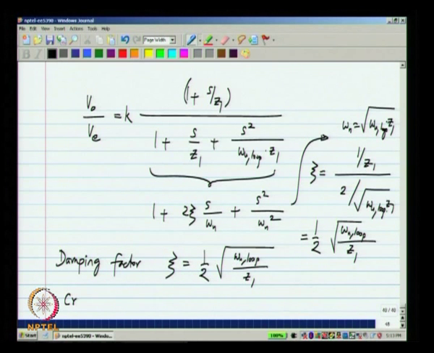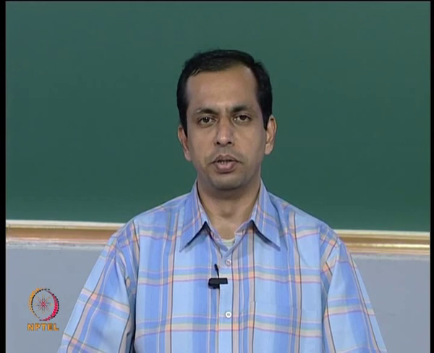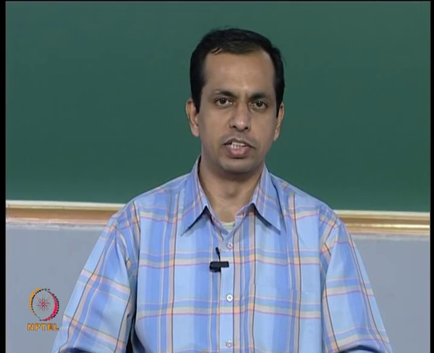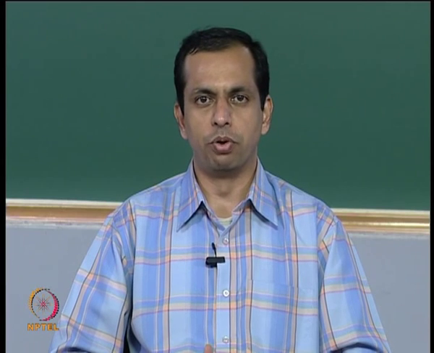If we want critical damping, we can evaluate it for whatever we want, but for critical damping zeta equals 1, which means that Z1 should be omega u loop divided by 4. This confirms our earlier intuition that the 0 must lie within the unity loop gain frequency, okay, because we have 2 poles within the unity loop gain frequency. For stability, for good behavior, we should have 0 also within the unity loop gain frequency. This tells you that for a 2-stage feed forward compensated op amp, the 0 should be 4 times below the unity loop gain frequency. Okay.